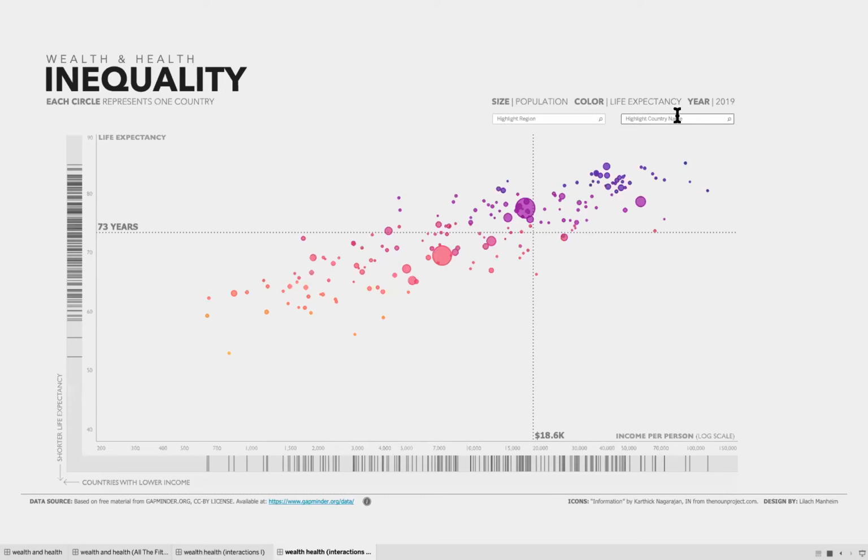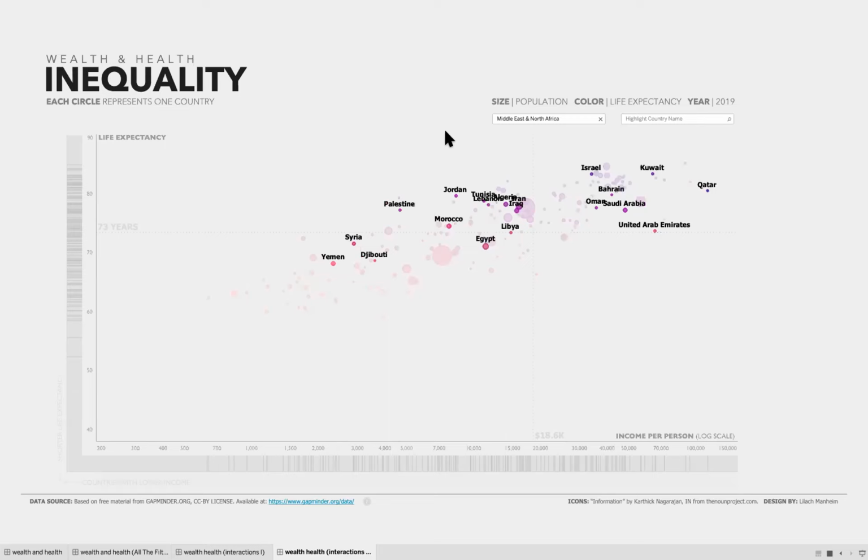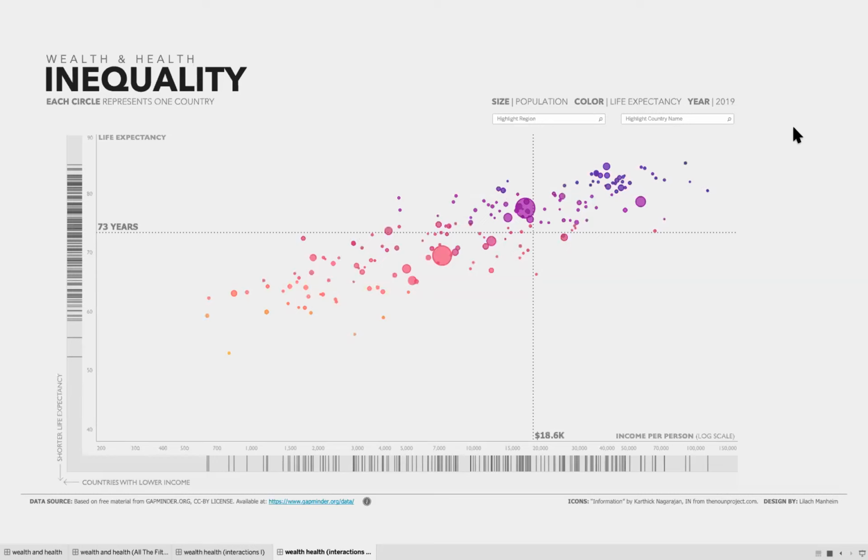You can see I kept the highlight country name, so you can still type in a country to find it. And then I also added a highlight region. So for example, you can see the context of all the countries in a region. And then I did still keep the on-demand labels. So basically, if you think about how we have addressed or supported that first part of our purpose, finding a country, users still have the flexibility to either find a specific country or look around at the chart and find one that they think is interesting.